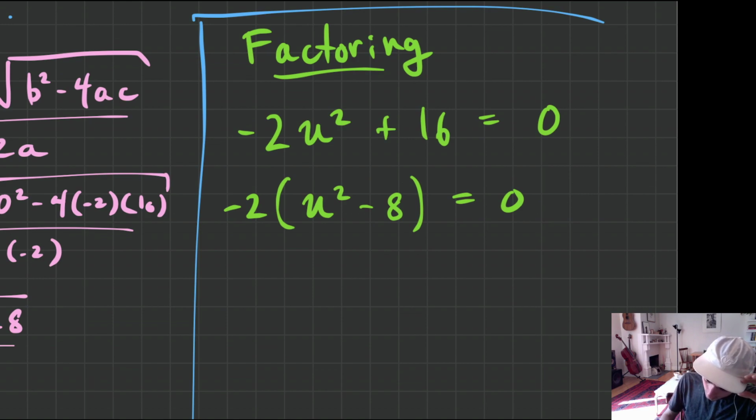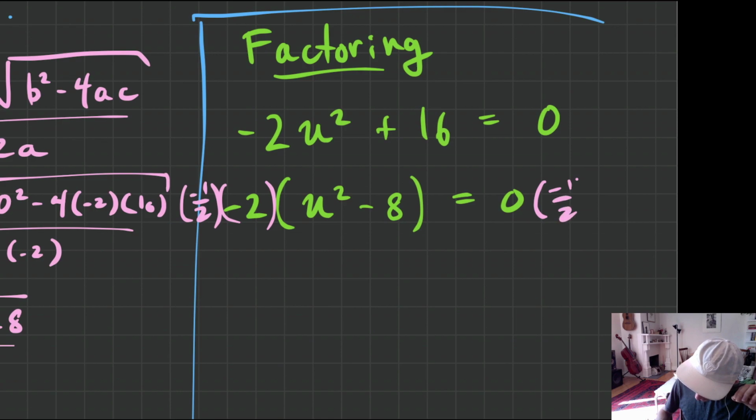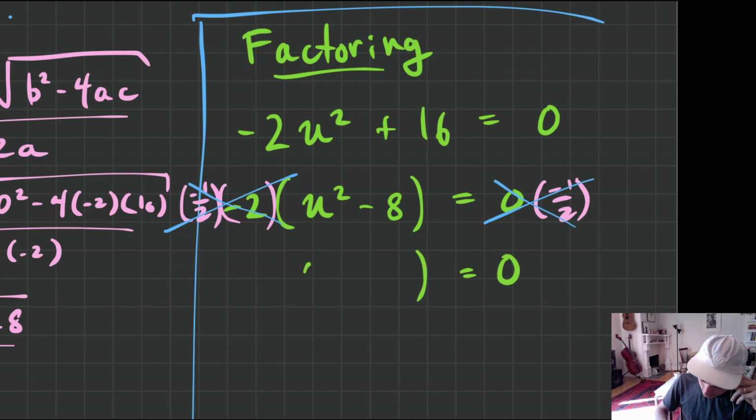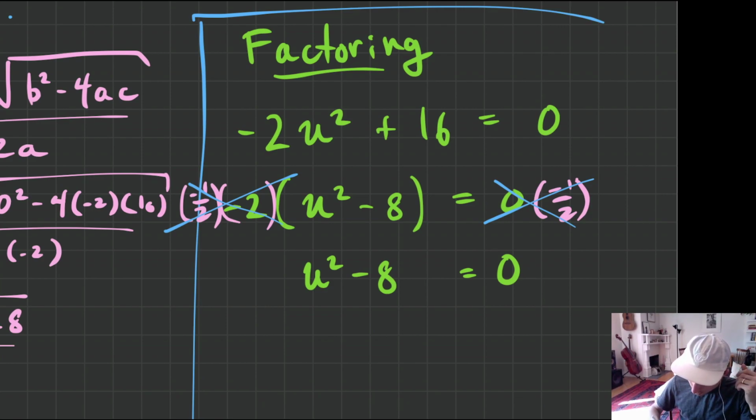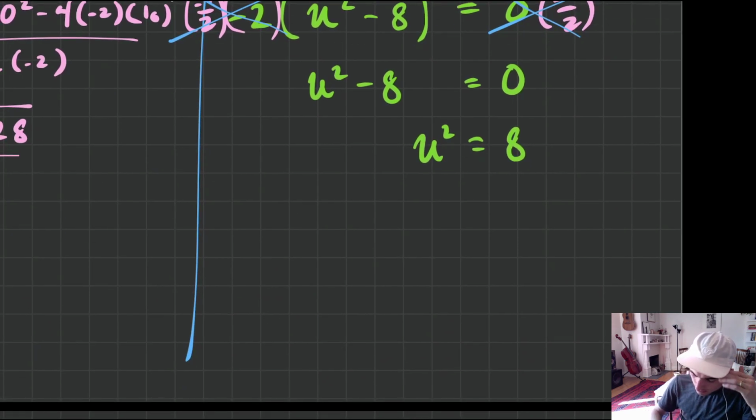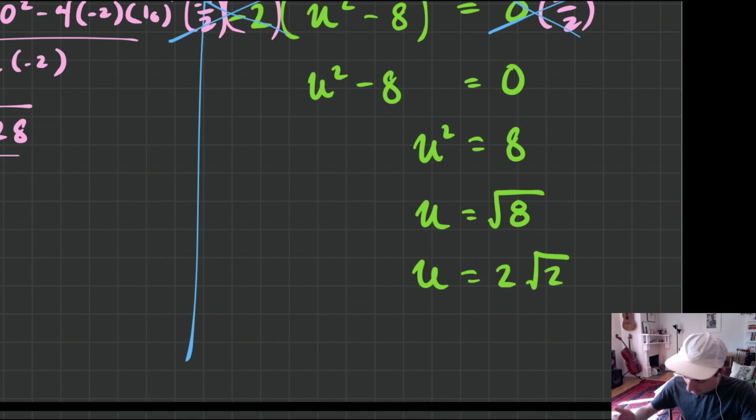And because it's all equal to 0, I can do this really nice thing where I just multiply both sides by -1/2. I do that because -1/2 times -2 is just 1, so that cancels with that. And then this cancels with that because 0 times anything is 0. So I'm left with 0 equals u squared minus 8, and I don't even need brackets. So in other words, u squared is equal to 8, and u is equal to the square root of 8, which is actually equal to 2 times the square root of 2, which is exactly what we had before.